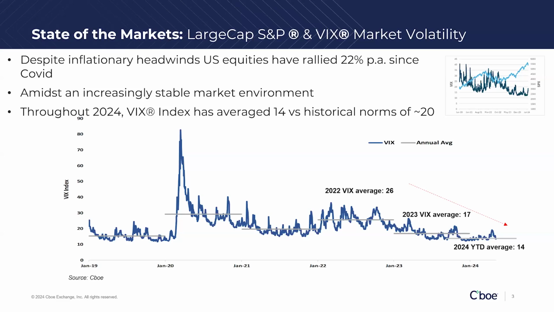So you can see in the big graph in the middle, since 2022, we've had declining levels of VIX. VIX has declined from 26 in 2022 to 17 last year. And this year it's been trading around 14. Now, to put that into perspective, the historical average level of VIX is around 18 to 20. And the absolute low levels of sustainable VIX is around 10, so basically between 10 and 12. So 14 is actually pretty low, okay?